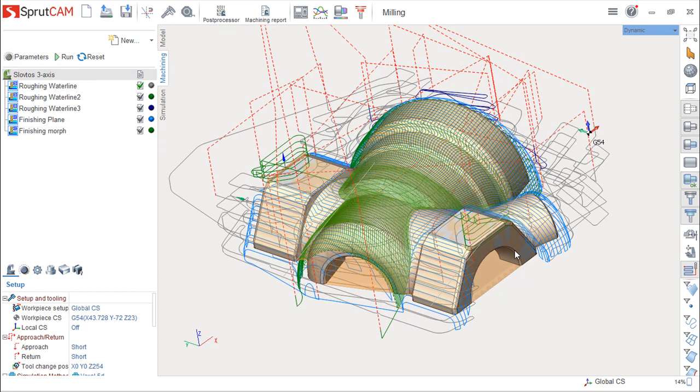So SprutCAM, we are inside the software. This is the interface of the program, and today our lesson is called Introduction to SprutCAM, where we will speak a little about what the software is, what we can do with the software, and a couple of basic and general ideas. So first, let me highlight that this version 12 is a new generation, and this generation works directly